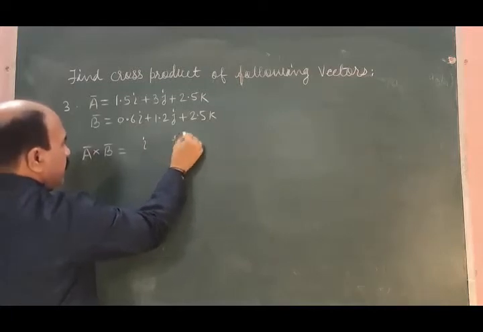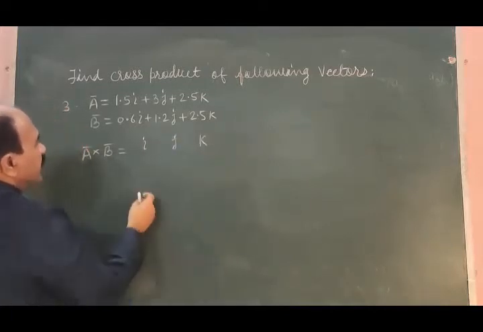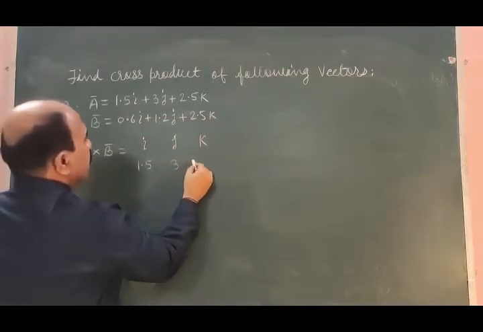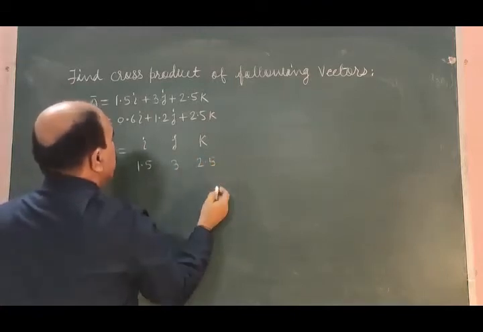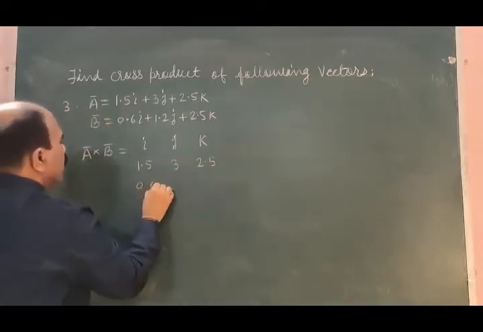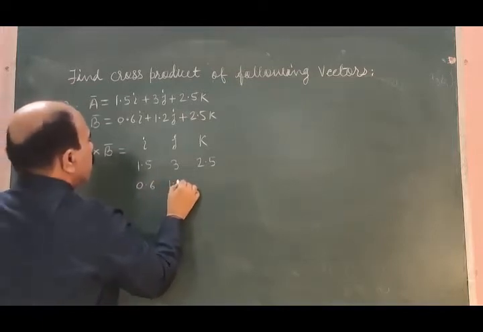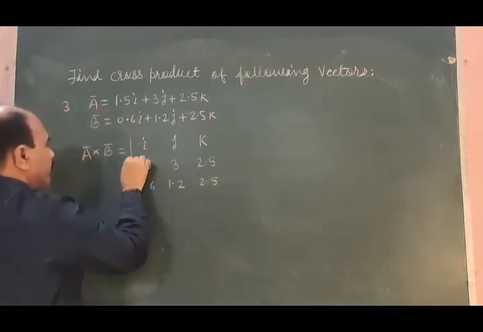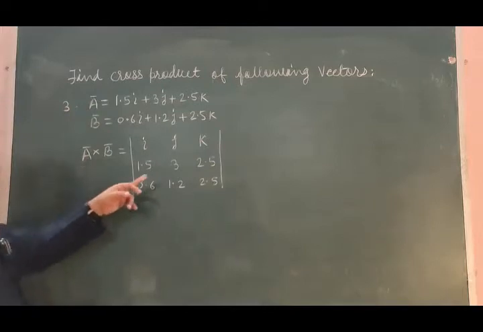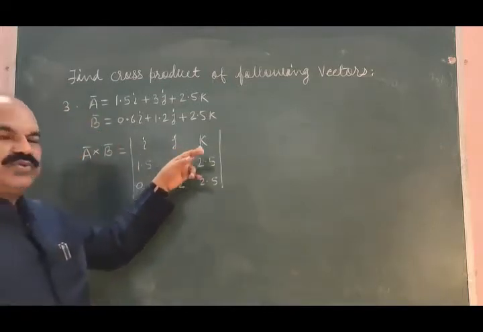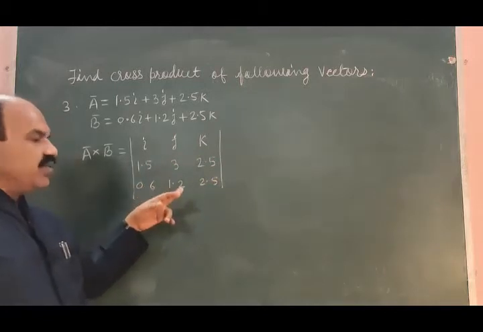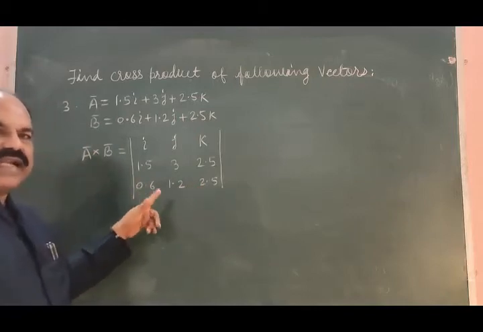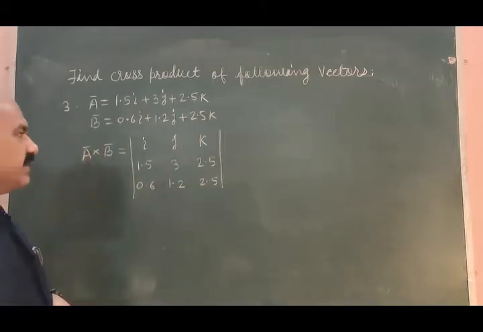i, j, k; 1.5, 3, 2.5; 0.6, 1.2, 2.5. A cross B is written here. First row, the unit vectors. Second row, rectangular components of vector A. Third row, rectangular components of vector B. This is equal to